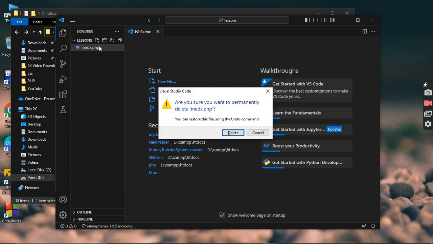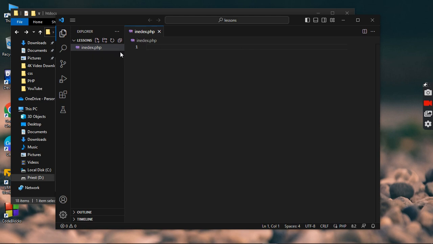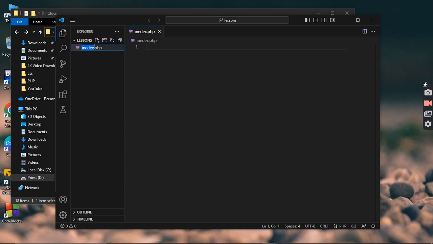Let's rename it to index.php. Now we would have our PHP opening tag